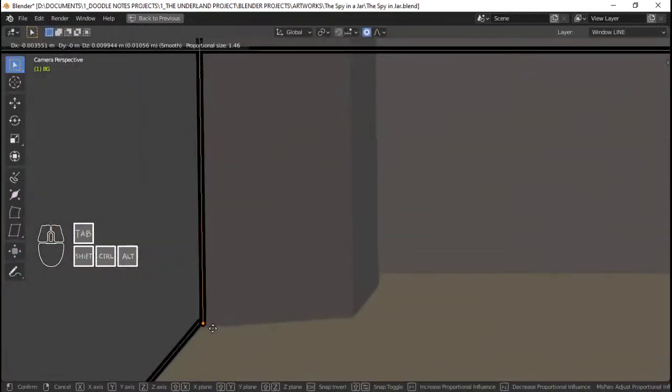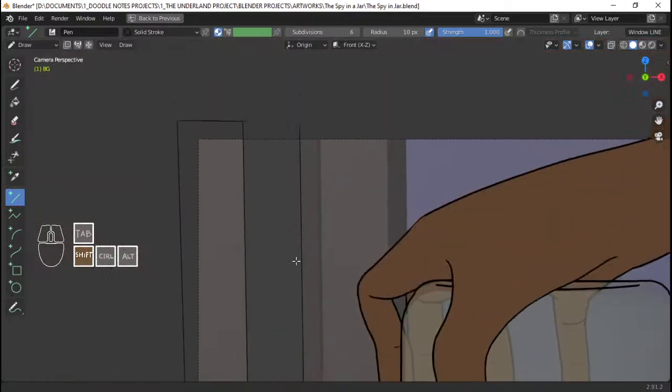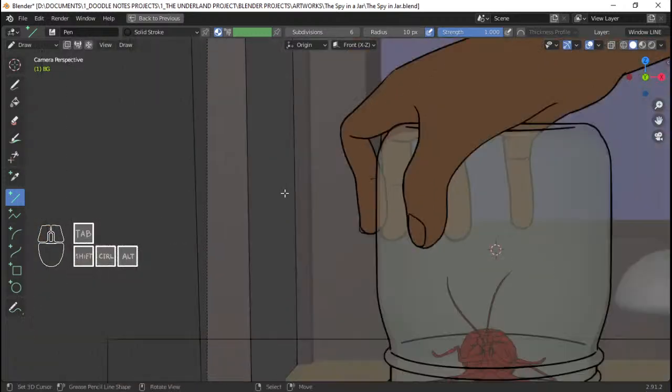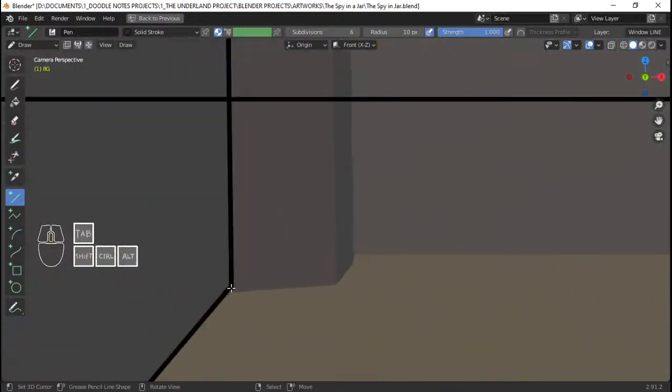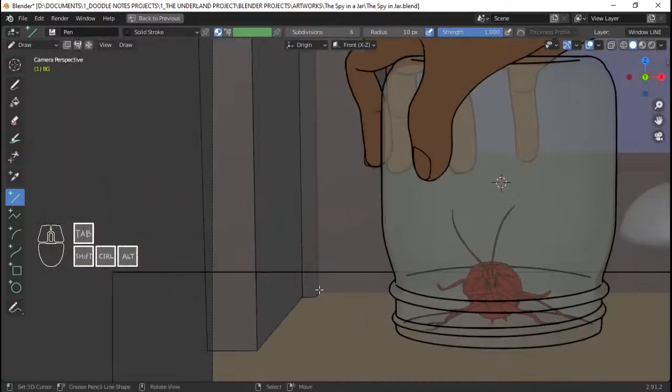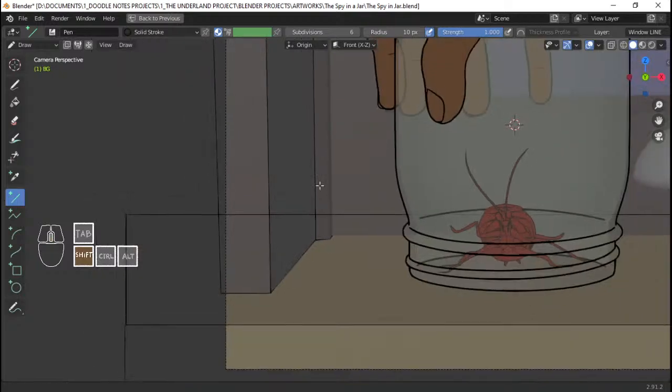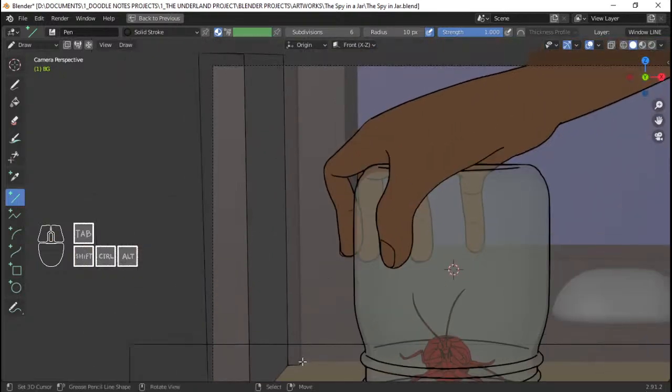So I'm just gonna grab this, bring that up there, and add more. I'm gonna close this so that we can easily fill this later. And I'm gonna keep going with, I think the line for the background is good enough. I think I'm gonna go with that. I'm gonna be using a textured fill for the window as well. So I want this to be just one line, so I don't have to layer different lines there.